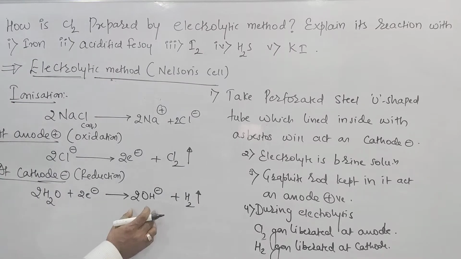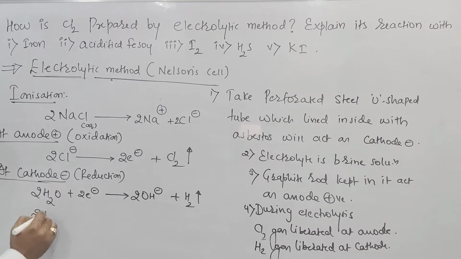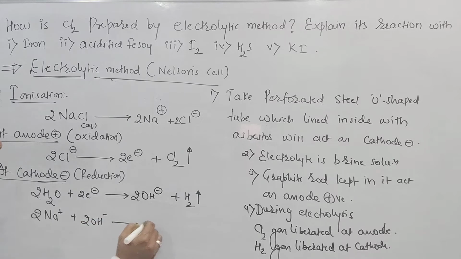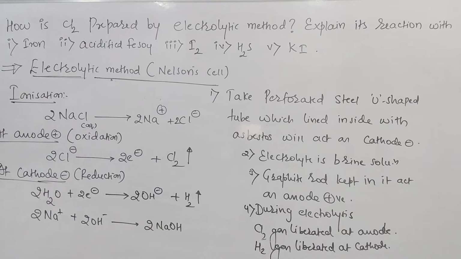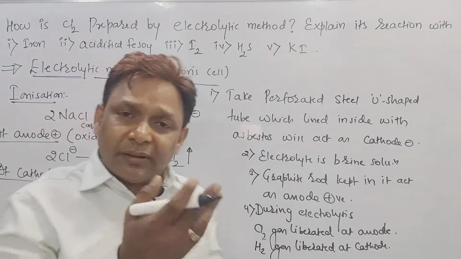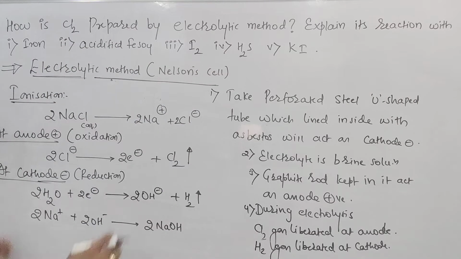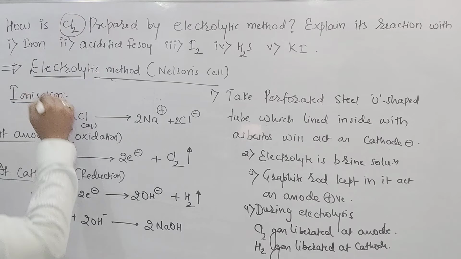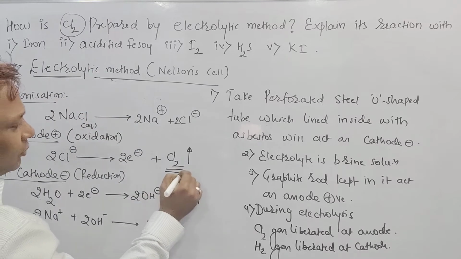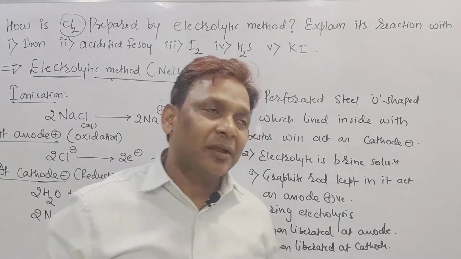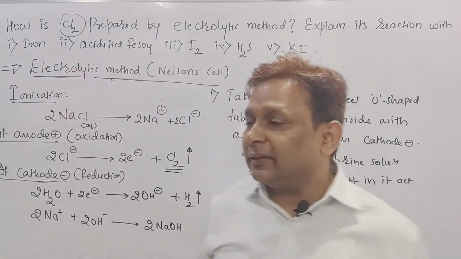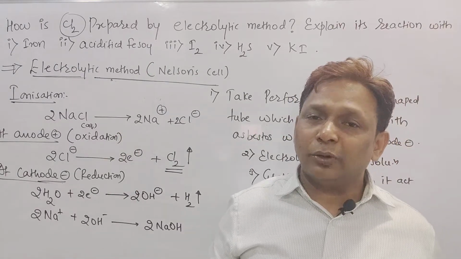Now, these 2 OH minus and Na plus are left here, beta. These 2 Na plus, on combining with 2 OH minus, will form 2 moles of NaOH, which can be deposited under the cell. Under the cell, we have a beaker, and in that beaker, NaOH can be collected. But we cannot use these reactions for the preparation of NaOH, because the question asks for the method of preparation of Cl2. So what did we get? Yes, sir, we got chlorine gas at the anode. Right, beta? For drawing this diagram, writing these 4 points, and writing this ionization reaction, overall you are able to score 4 marks.